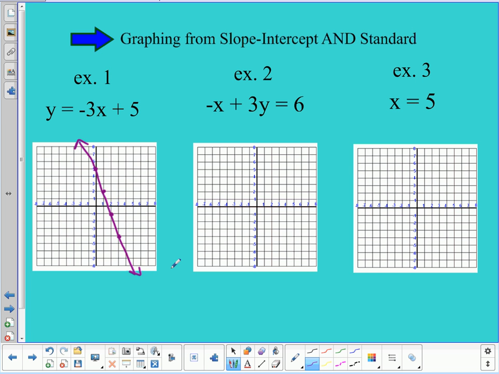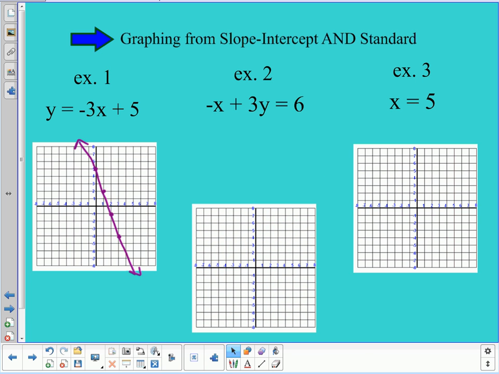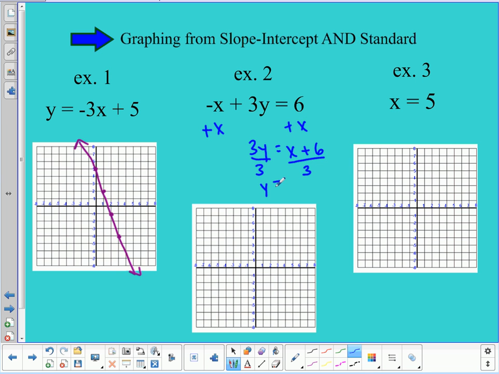In number 2, I don't have y by itself, so I need to start with that. I need to add the x to both sides so that that moves over. Then I have 3y is equal to x plus 6. Remember that x and 6 are not like terms because one has a variable and one does not, so I cannot put them together. So then when I divide by 3 to get that y by itself, this is a 1 in front of the x, so I really have 1/3 x plus 6 divided by 3, which is 2. So that's the equation that I'm actually going to graph there,